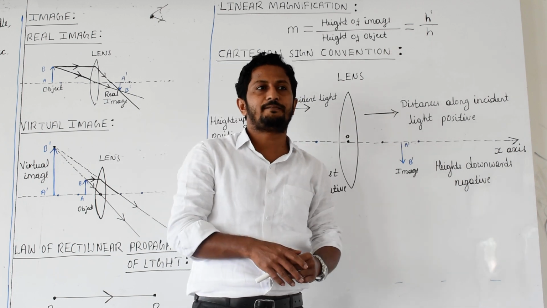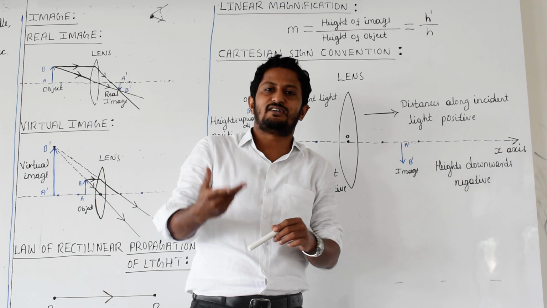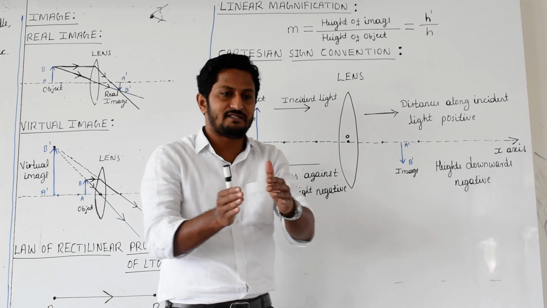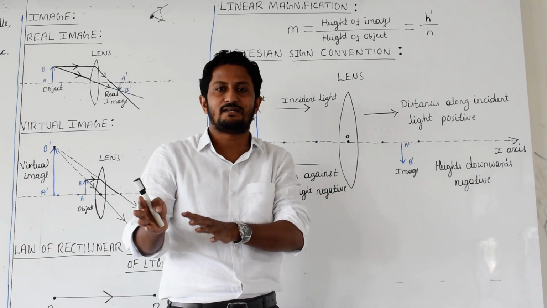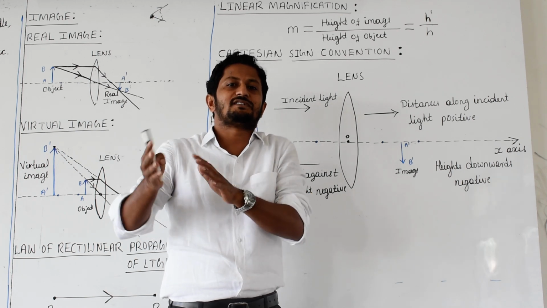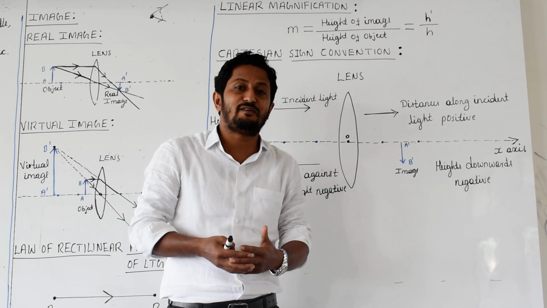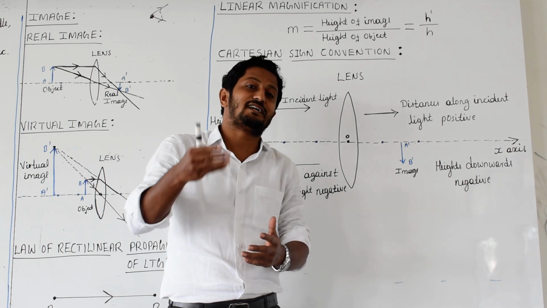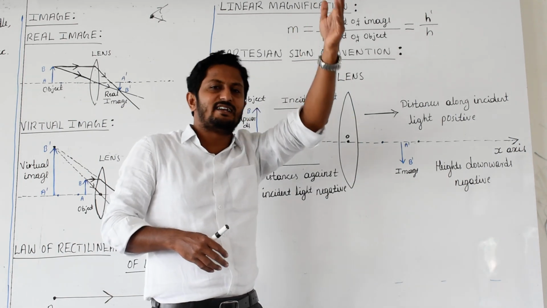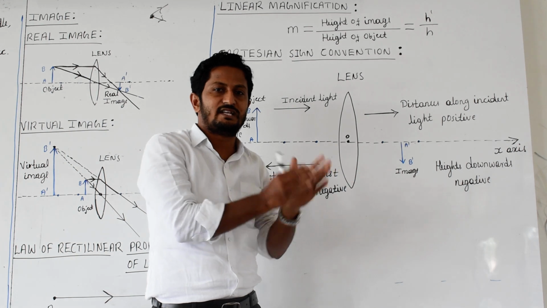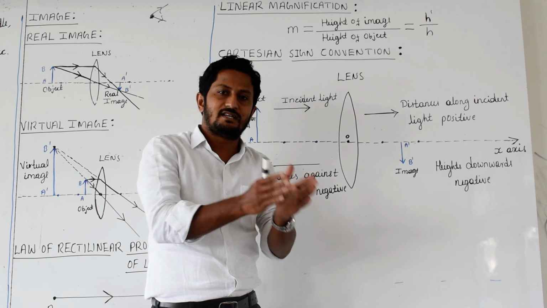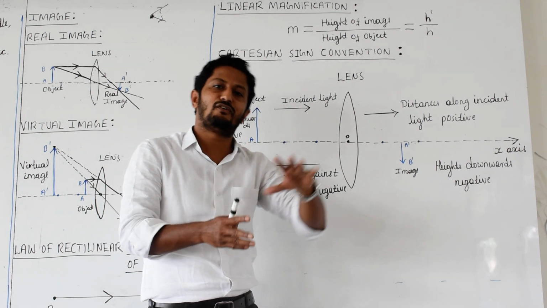This is the general formula. This formula, being with sign convention, is sometimes minus and sometimes positive. It is different for mirror and different for lens, based on the presence of the object and the presence of the image. So which kind of image are we going to get? Based on that, the formula differs. We will see that formula in detail when we discuss lenses. The magnification formula is different for mirror and for lens.